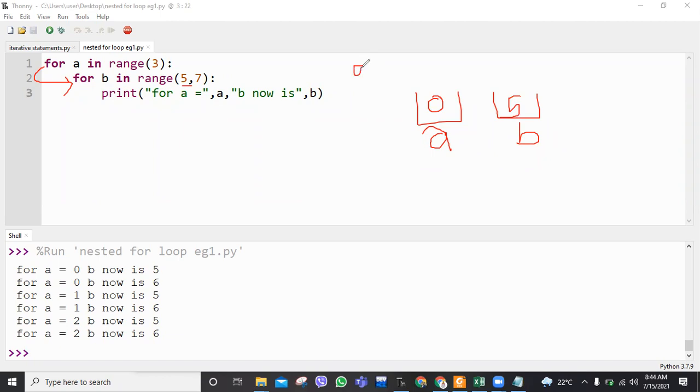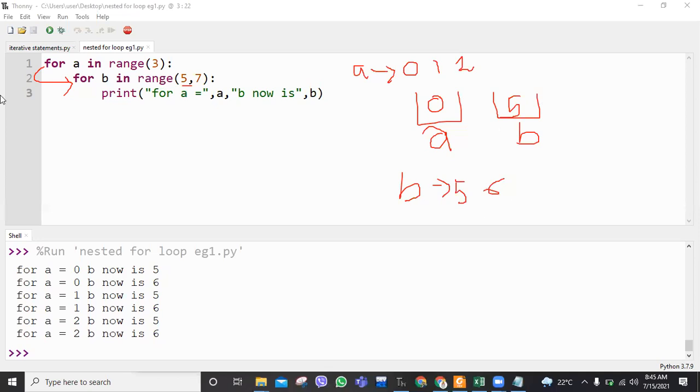So in the case of a, the range function will provide values 0, 1, and 2. That 3 is always discarded. And for b, the values will be 5 and 6. Because the ending point is 7, meaning only 5 and 6, right? So let's start this iteration.